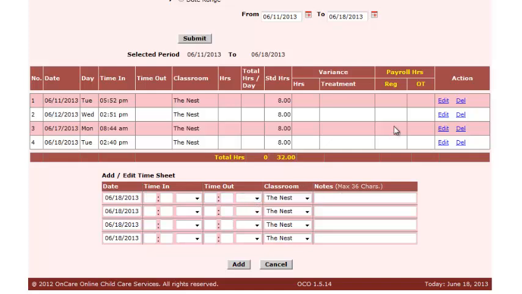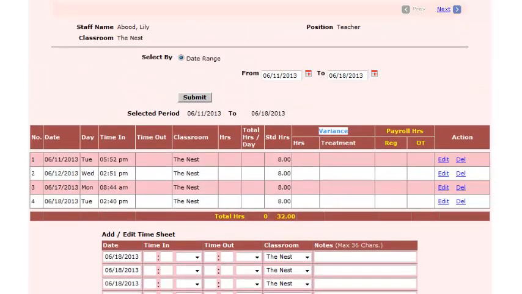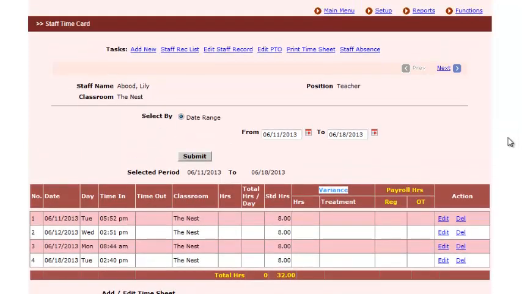Depending on how you've set up your treatment of staff hours, you can also treat the payroll differently. By selecting edit, you'd be able to deal with the variance. So for overtime hours, for example. Note, those settings take place under the administrative functions, so you must be a super admin or an admin to change those features. Once the timesheet is ready, you would simply hit print timesheet,